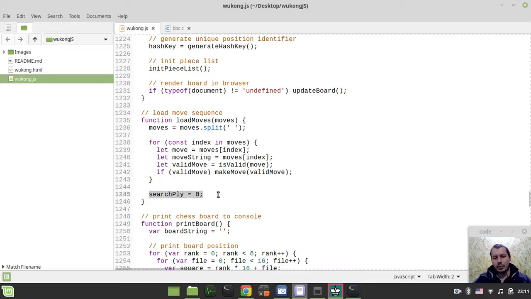And what I wanted to mention, because when I was initially working with these repetitions, I had no idea regarding the difference between this kind of search ply and